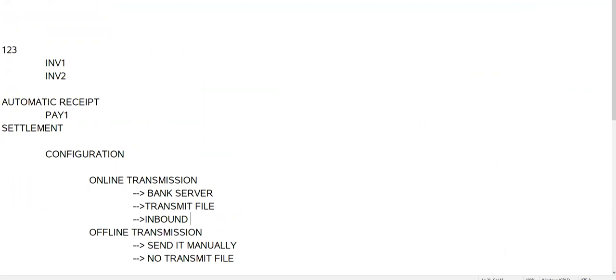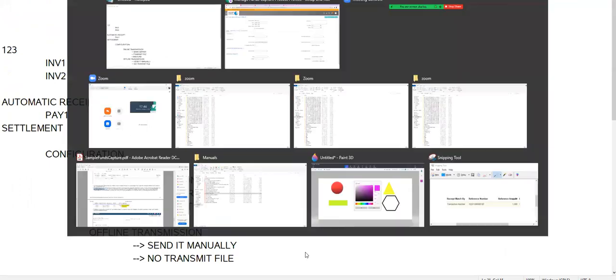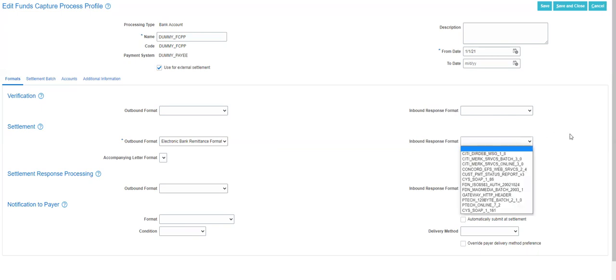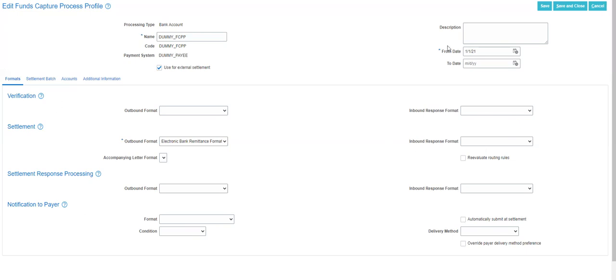So in case of online transmission, we should be able to read the inbound message from the bank as well. In that case, we should attach an inbound response format. The bank will tell which format they are following, and we need to attach that here. In case of offline transmission, we don't need to attach this particular format. This is applicable only in case of online transmission.